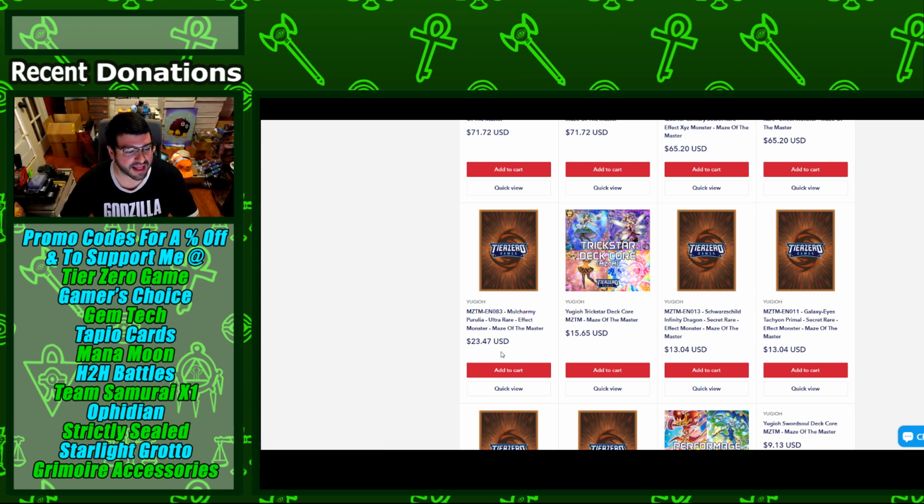Molcharmy Perulia at $23.47. That's decent, and then the discount makes it cheaper. The secret rares fell down to $30 yesterday, but they could rebound a bit. There's also the Looming Stampede reprints, though. It could be a double dip reprint, but being in here is welcome before the WCQ, and this price is